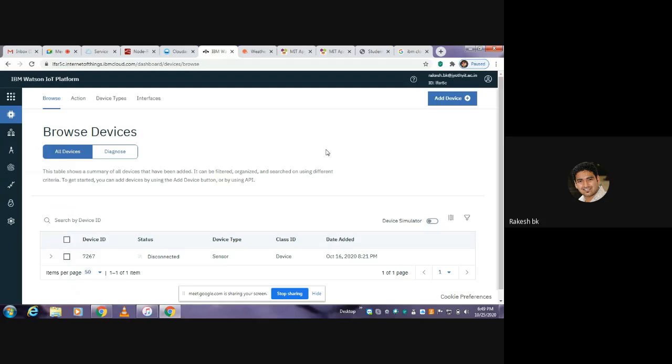Now, what is the main agenda of creating this service? We have to absorb the data from the external sensor devices which are deployed on a particular field.